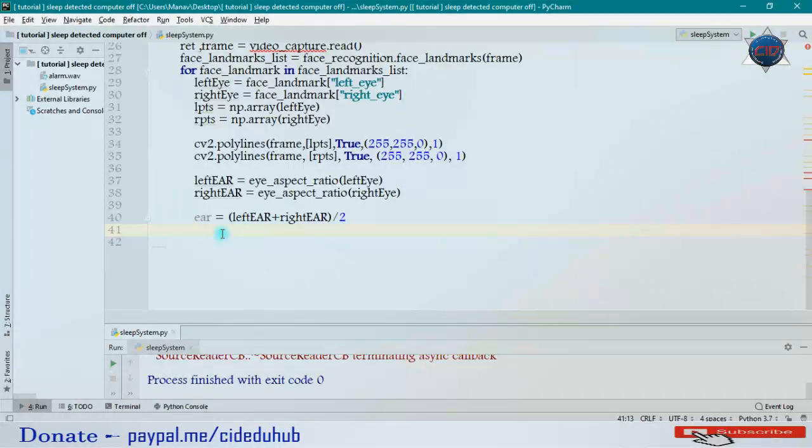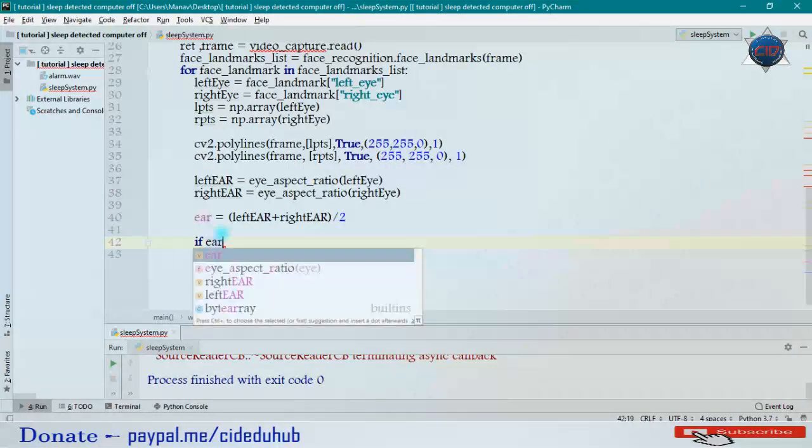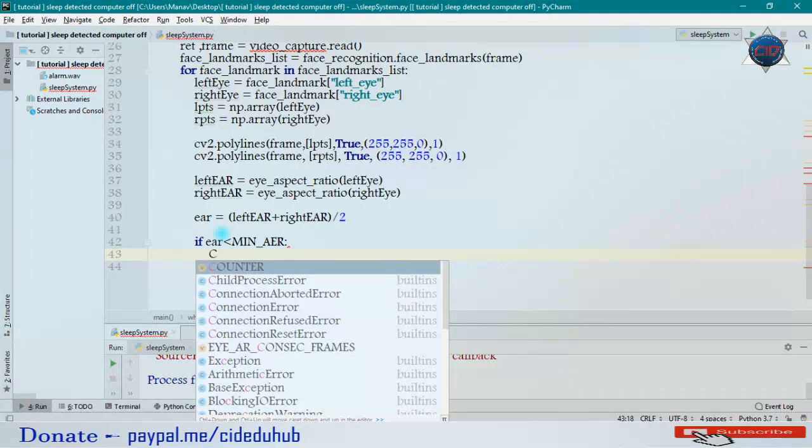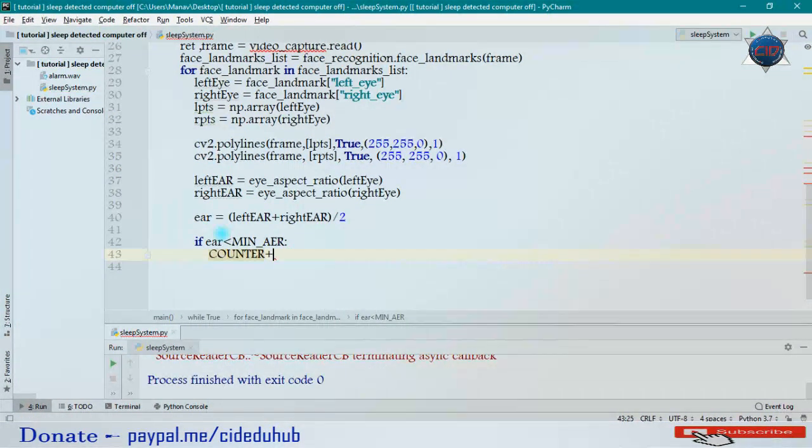So I'll use EAR here: if it is less than the minimum aspect ratio, then we'll increase our counter by 1.